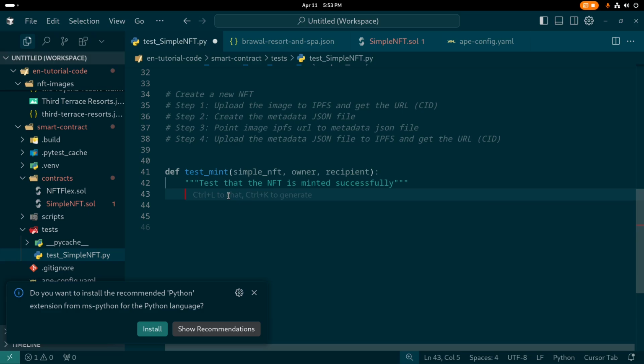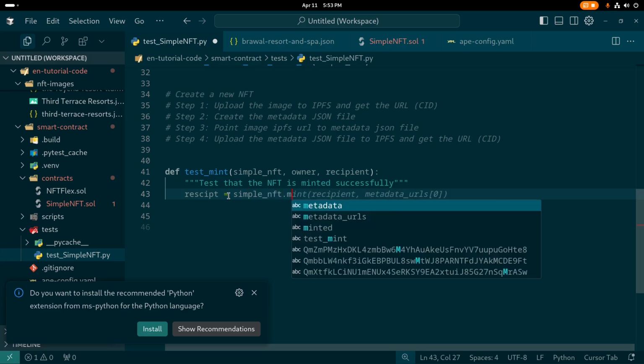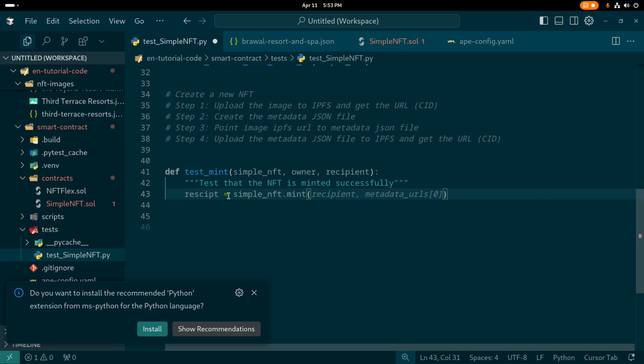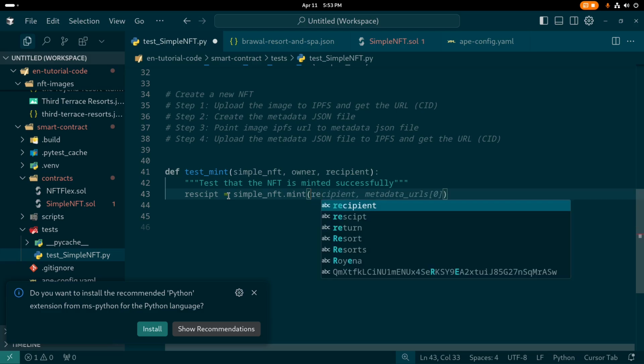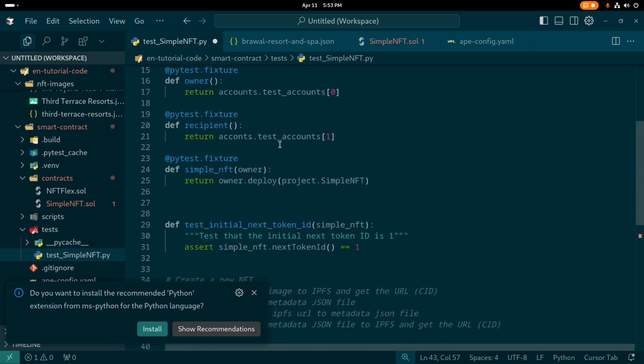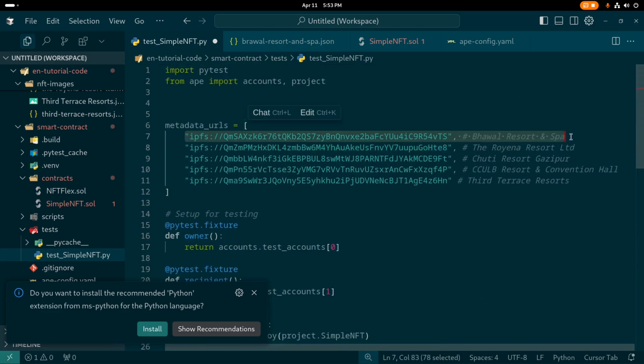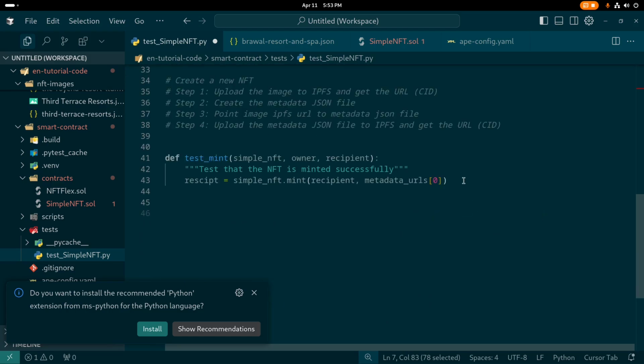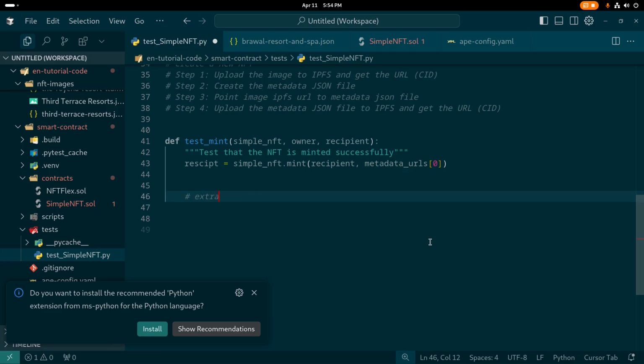We need to mint our NFT. Receipt. This is a receipt. simple NFT dot mint. Here we need to pass the recipient and then the metadata URL. The metadata URL is going to be the first URL of our metadata, which is this one. This is what we are going to mint with a token. After minting, we need to find the event and extract the token ID from